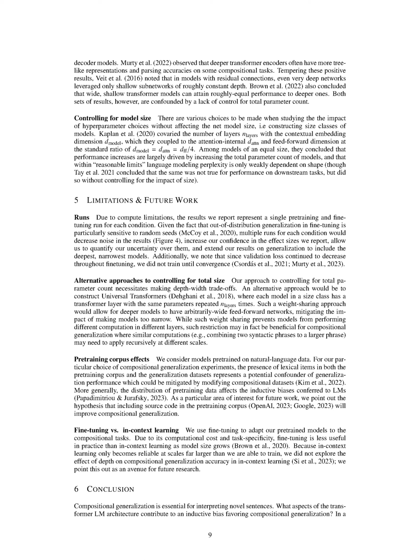Section Summary. In this section, the authors discuss the concept of compositionality in neural models and how it has been explored in previous work. They focus on increasing the depth of models without changing the total model size and compare them to standard architectures. The authors also discuss the impacts of depth on model performance and the need to control for model size when studying hyperparameter choices. They mention the limitations of their study due to compute constraints and propose alternative approaches to controlling for total size. Finally, they mention the effects of pre-training corpus on generalization performance and suggest including source code in the pre-training corpus as a potential improvement.